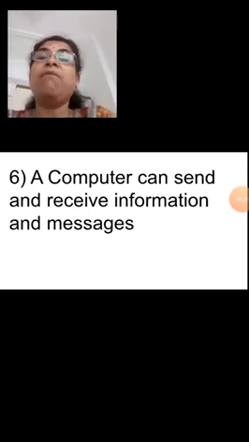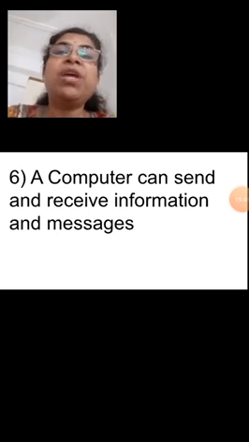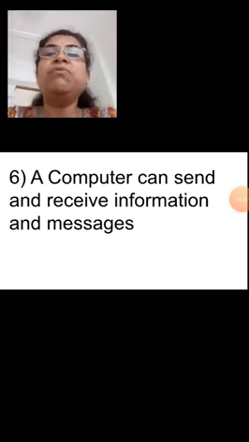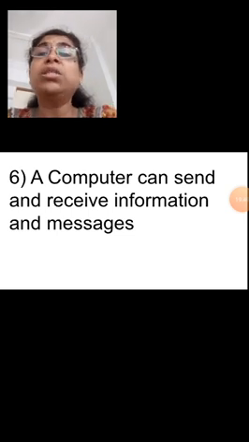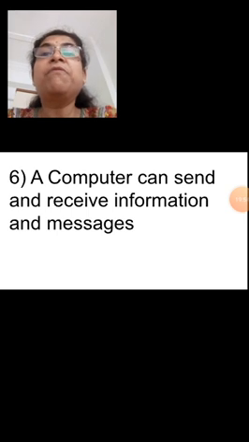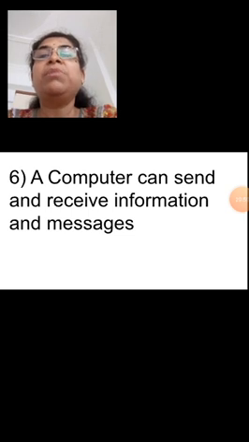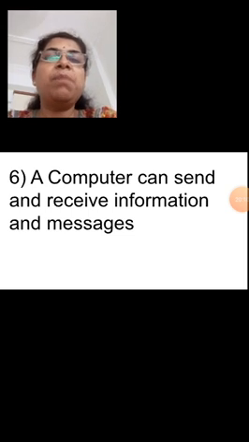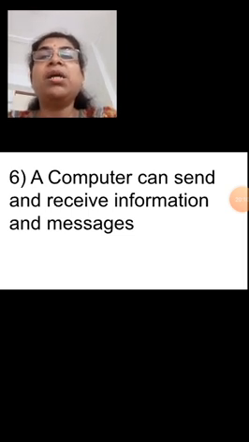Correct? Okay, now we'll revise all the features which we have learned. The first feature was that a computer stores a large amount of data and never forgets it. So this is a different machine. This is a machine which is very unique. It does not forget the information which is stored in it, and at any time we can recollect and get the information from the computer. The second feature is that a computer is very fast and it can do many jobs at the same time. Correct? It is called multitasking.